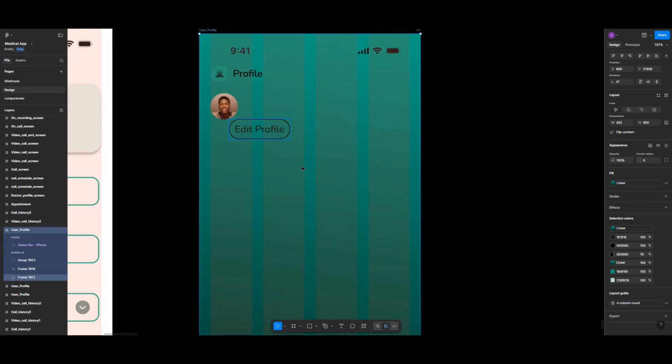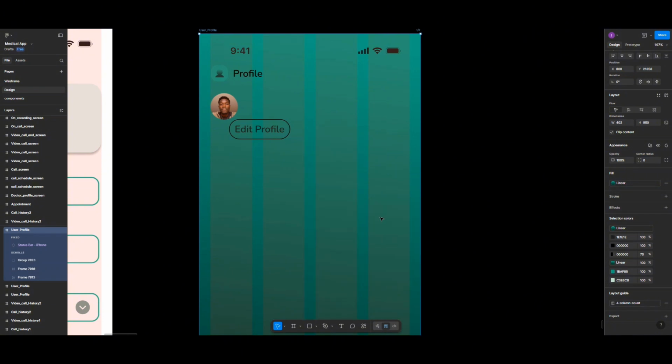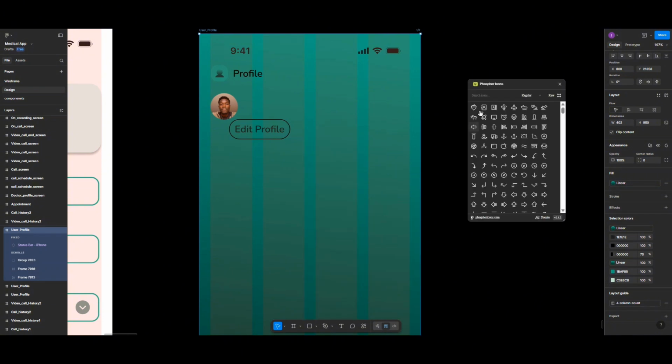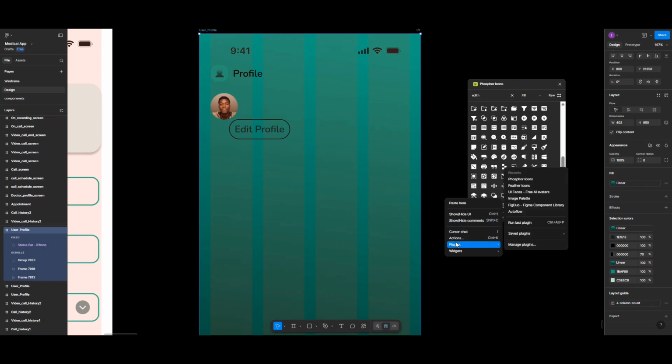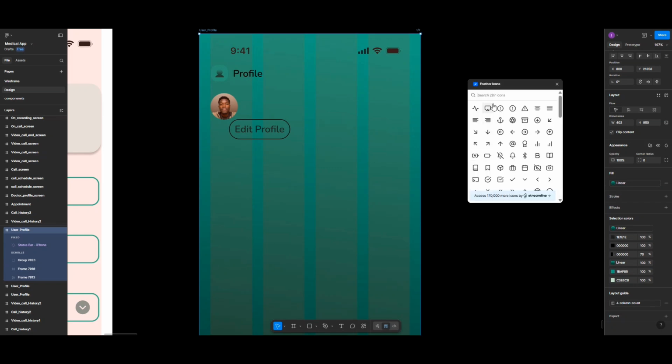All right, next we're going to search for icons from our plugins. Then we're going to add all the icons we need for our work. Okay, so let's search for edit. See the one we're going to use. Let's go to feather icon, edit. So we make use of this, add it,